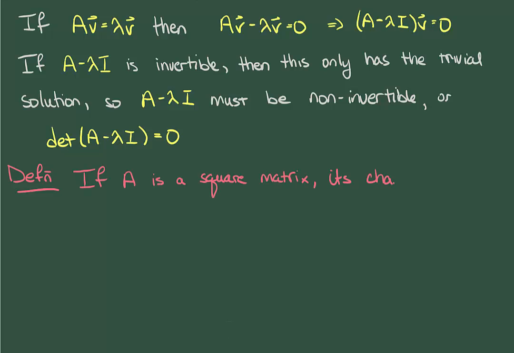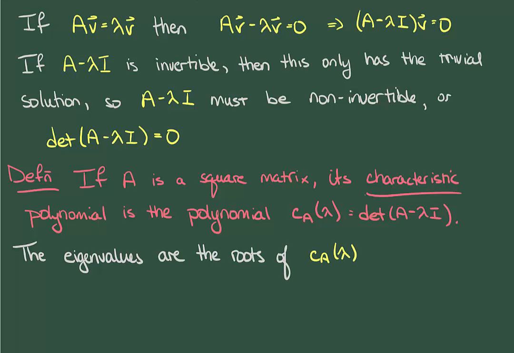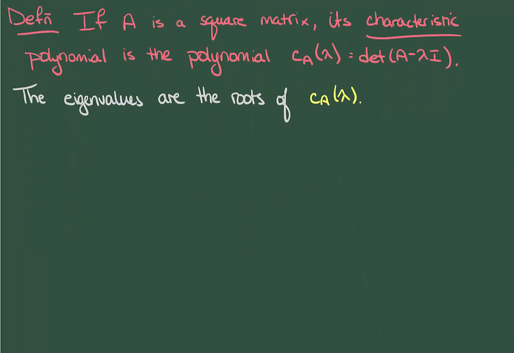If A is a square matrix, then its characteristic polynomial is the determinant of A minus lambda I. Now, I've called this a polynomial, but it's probably not obvious to you that it's a polynomial. But once we've done a few examples, I think you'll see that it is, in fact, a polynomial. So from our conversation above, the eigenvalues of A are the roots of its characteristic polynomial. So if we go back and we revisit the example above,